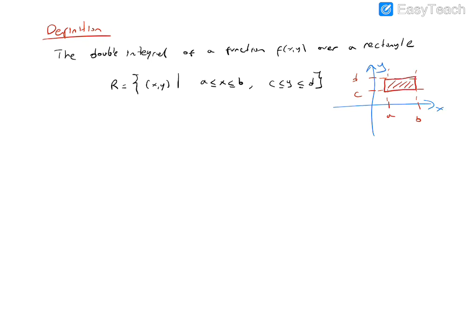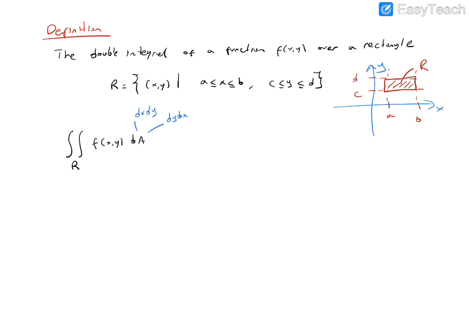So on this region, the double integral is denoted by the double integral sign on the region R. What is R? R is this region. Okay, R f of xy dA. We denote by dA instead of dx or dy, dx times dy or dy times dx. Here dA may be dx times dy or dy times dx. In the rectangular region, this order is not important, but you will see in another, general region, the order will be very important. When describing your region, you will decide this order.